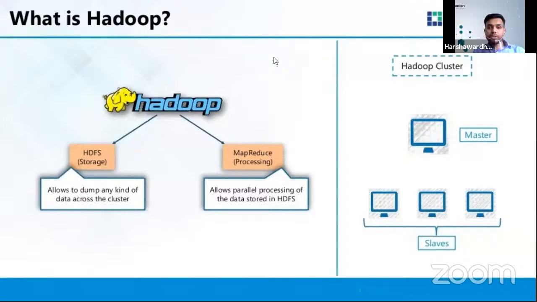So I was talking about storage and processing of the data. But let's have one quick example. Let me ask you people a question. Everybody just bring your pen and paper if it is there. Let me ask you this question. Let's say we have... I need to stop and share my screen back.